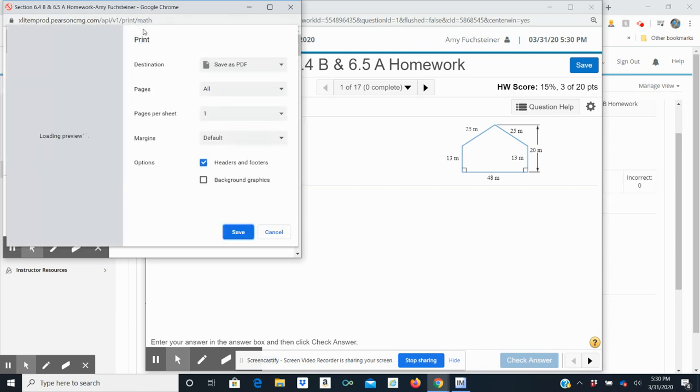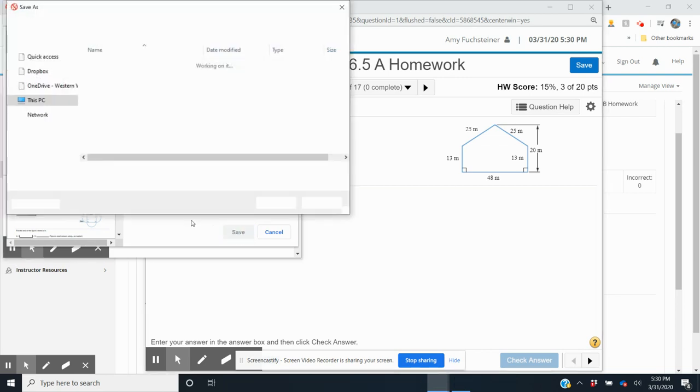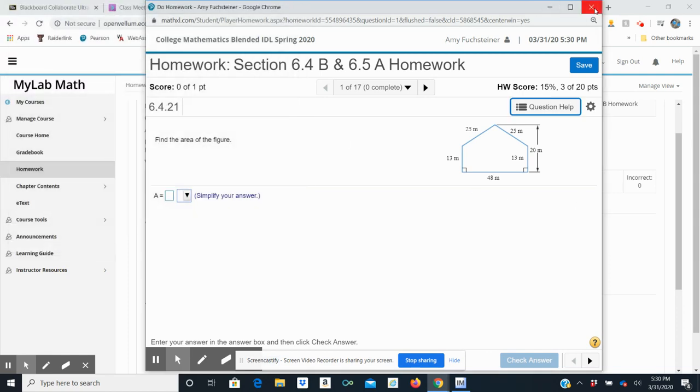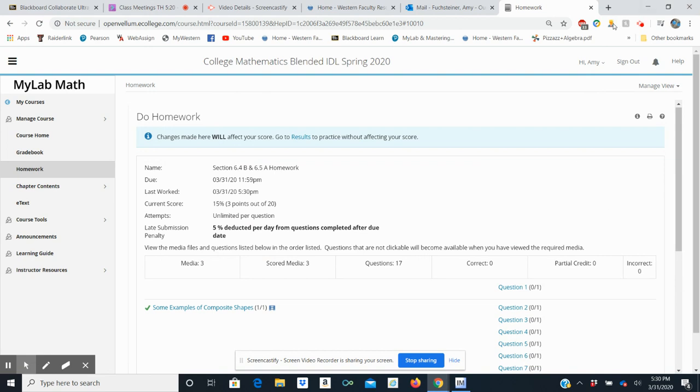I'm going to print it, save as PDF. If it doesn't save PDF, you can also save it to your Google Drive, whatever else you might have there. Save it, save. And now, should my lab go down, I at least have a listing of